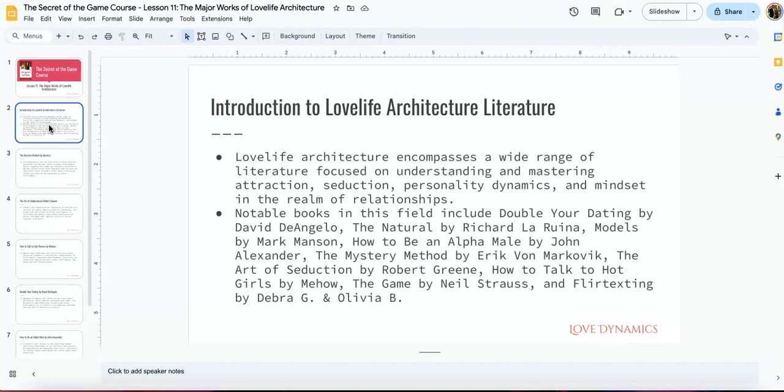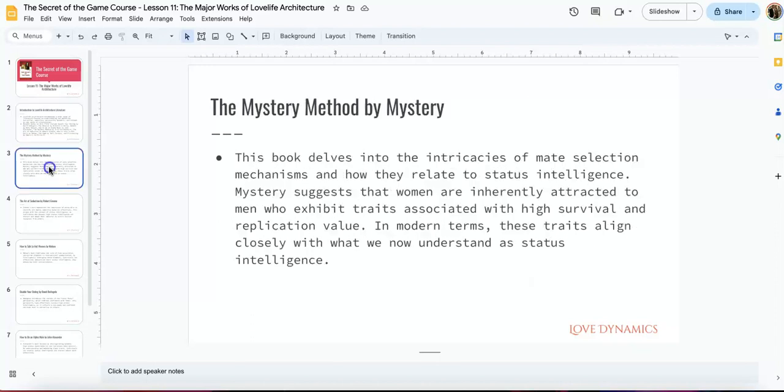And so when you're learning this stuff, really try and keep it in perspective, because most of it early on really just focused on how do I meet girls and talk to girls for the first time in order to get them to go to bed with me. But in reality, it's about building meaningful connections and interactions with women and sharing those magical moments and building that polarity dynamic that can last a lifetime. Those are the things that love life architecture is concerned about.